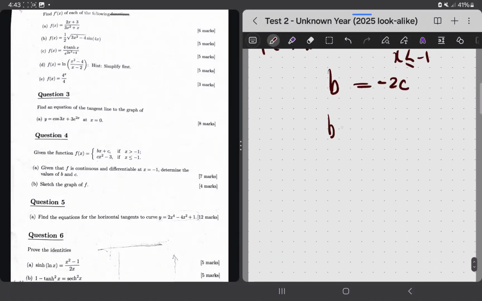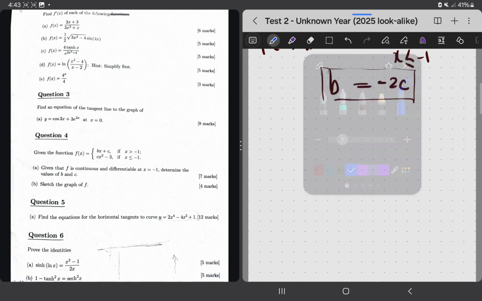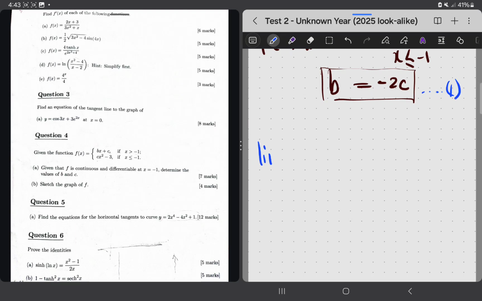So we can say we have found that b is equal to negative 2c. This is our equation number 1. Now to get our equation number 2, you're just going to say, what is the limit as x approaches,